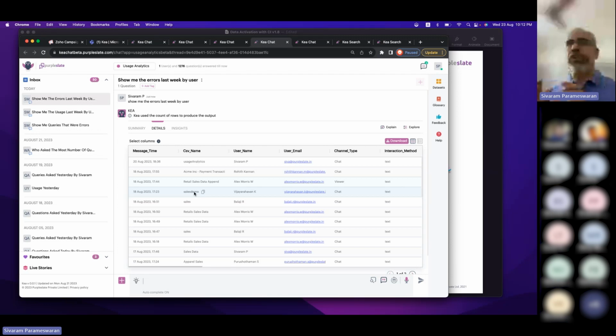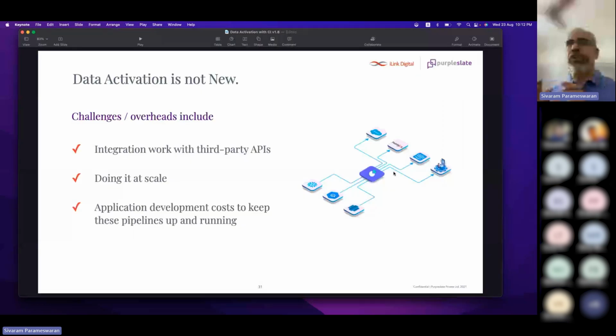Those are some of the activities we are solving with this technology around data activation. One is integrating with any of the third-party APIs, doing it at scale. Definitely, if there are 48 errors, you don't need somebody to go and make 48 entries manually. Rather, the application can take care of it, right? And obviously, the third point is that it helps save so much time and effort. I think that's the biggest saving from leveraging technologies around this.